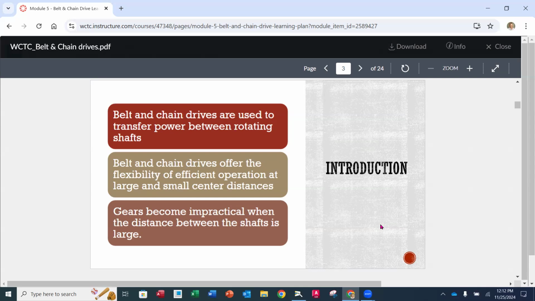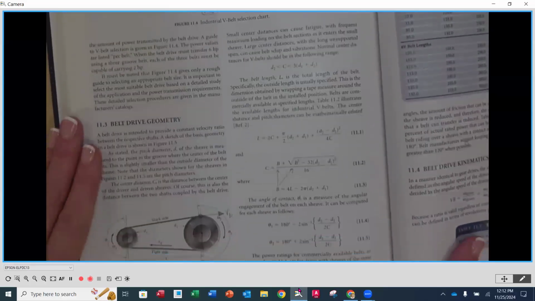When we had gears working in tandem with one another, the gears had to have a specified rigid center line where they would then have the ability to engage. So we don't have that ability to move them apart or closer together, whereas belts and chain drives offer us that flexibility. So if we look, for instance, on page 304, and we'll be revisiting this illustration as well,